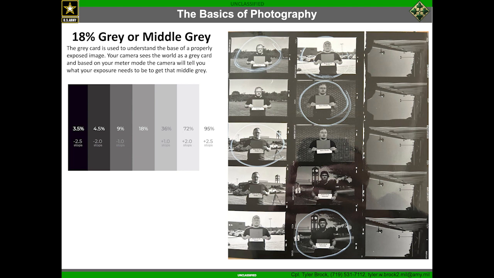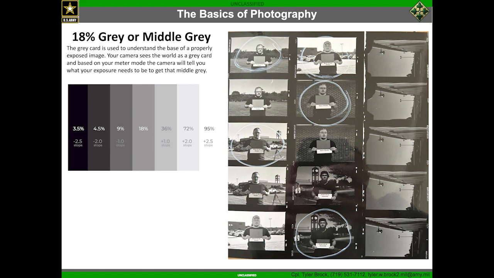Oftentimes you might have noticed that if you shoot in auto mode on your camera, it does a pretty good job of properly exposing your image. Well, this is why. Middle or 18% gray. 18% gray, as you can see on the gradient chart here, is in the exact middle of that gradient. And so basically what your camera does is it looks at the world around it and it says, okay, what I'm going to do is I'm going to try to get this image or the area where it's metering,